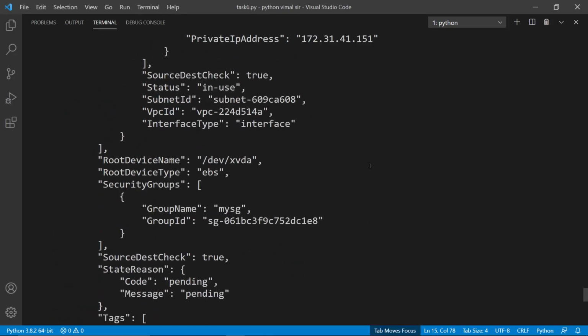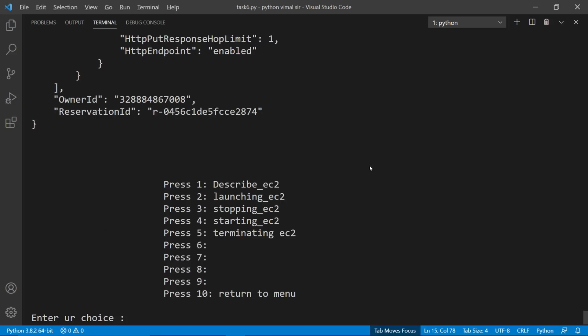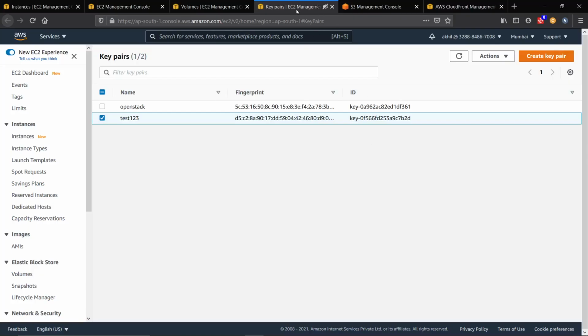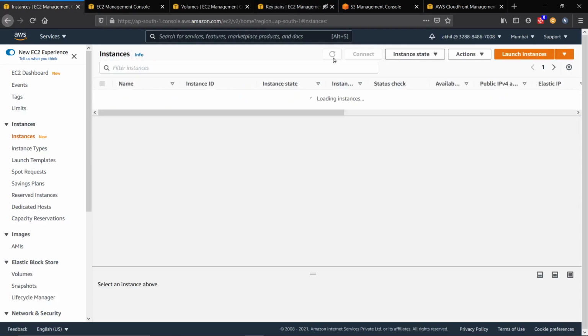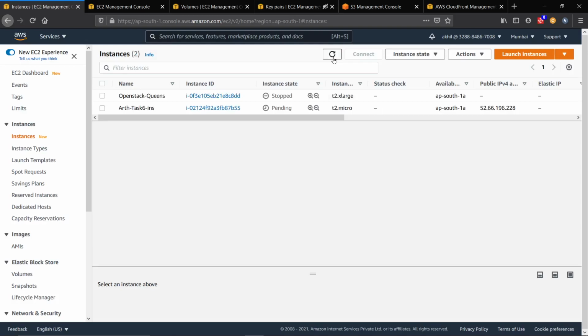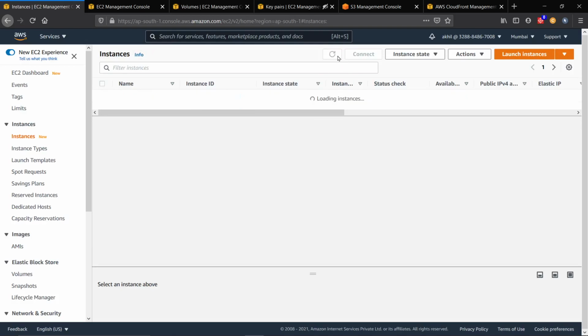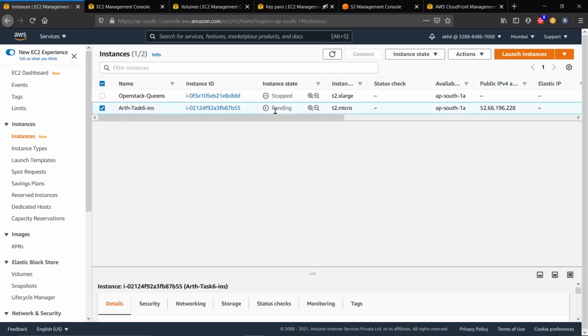So we can see our instance has been created. We can verify it from our GUI also. So we can see our instance is initializing and is in running state.